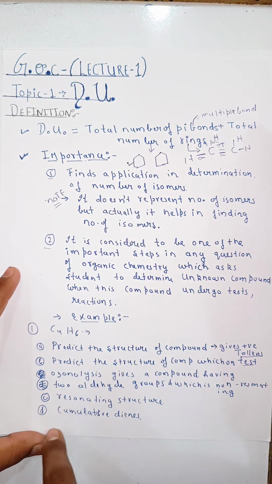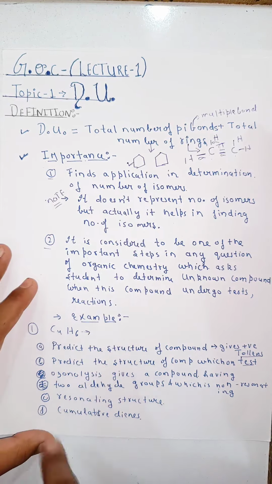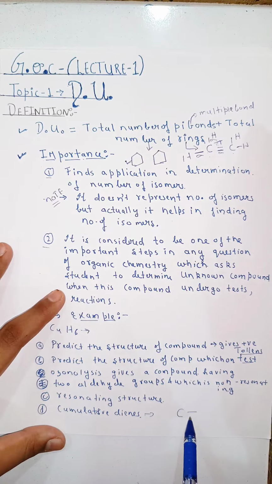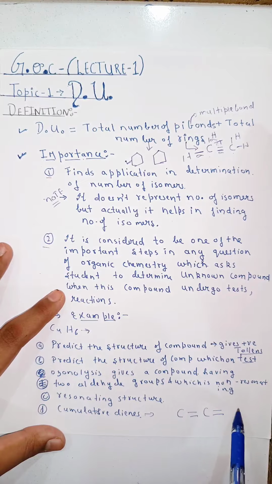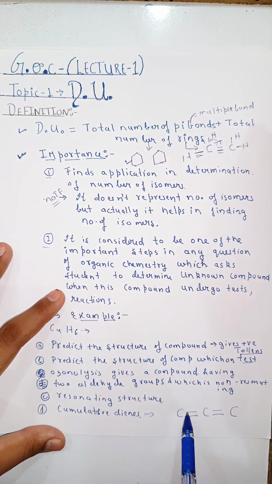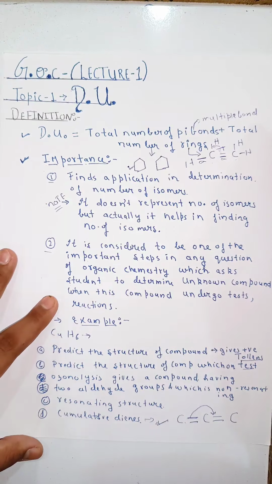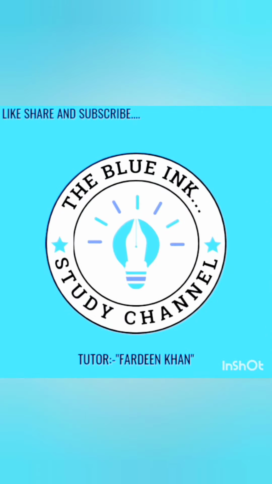And in the third, they are asking about cumulative dienes. What are cumulative dienes? Let me give you an idea. Cumulative dienes are alkenes having double bonds one after the other. See, one double bond is here, then the other double bond is here. An example of a cumulative diene